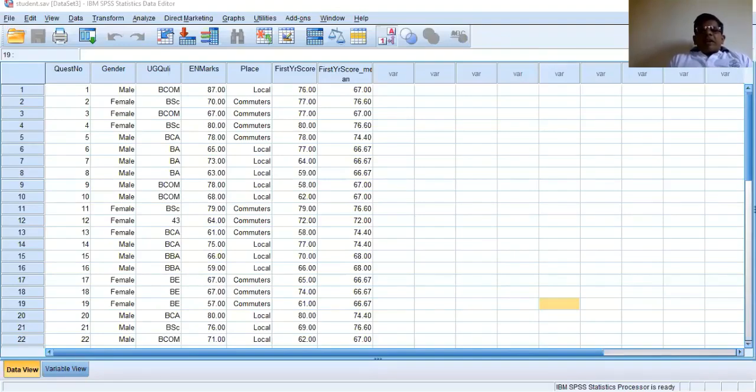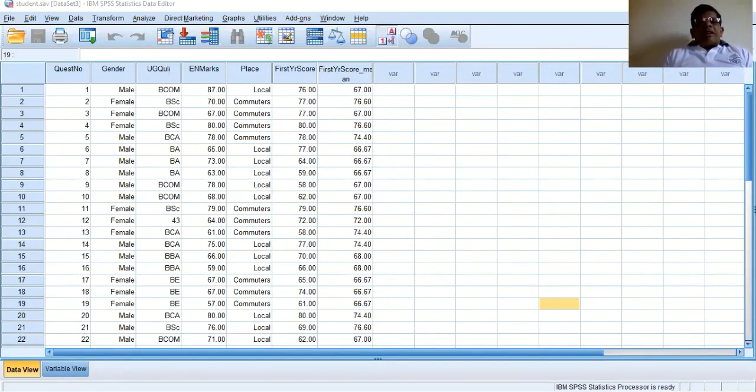Now, in continuation with that, I'm going to take a database which talks about students of a particular college, and we'll see how exactly we can proceed with the discussions. Let me share that student data with you so that you can see it. This is the data I'm talking about, where I have